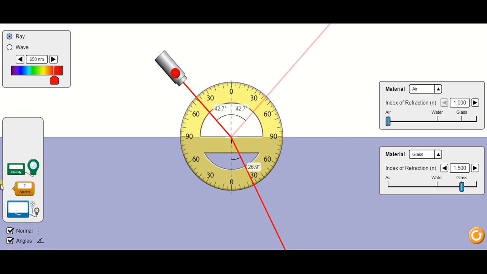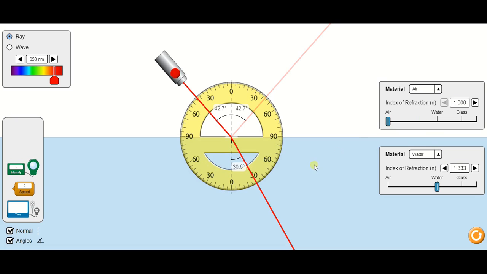Now let us see what the speed of the light is when it is in the rarer medium. Here the air is the rarer medium, whereas the glass at the bottom is the denser medium. Let me change from glass to water. Okay, now water is the denser medium. Now let me bring up the speedometer. Let us check the speed of the light from the incident point. So it is going to be 1 c.